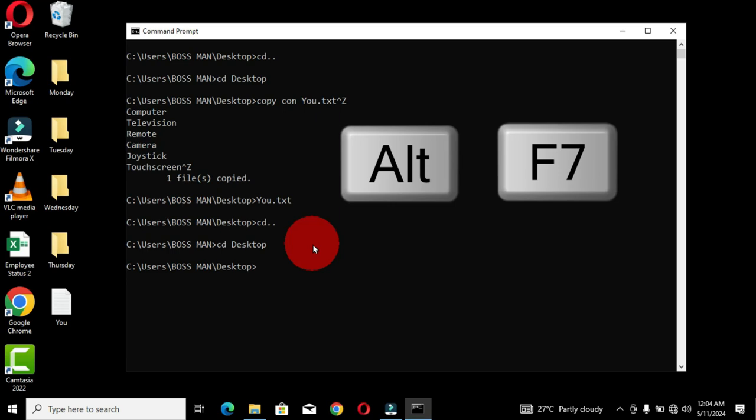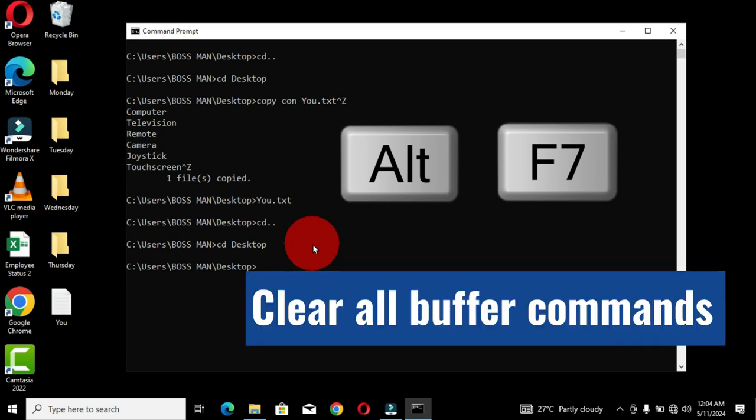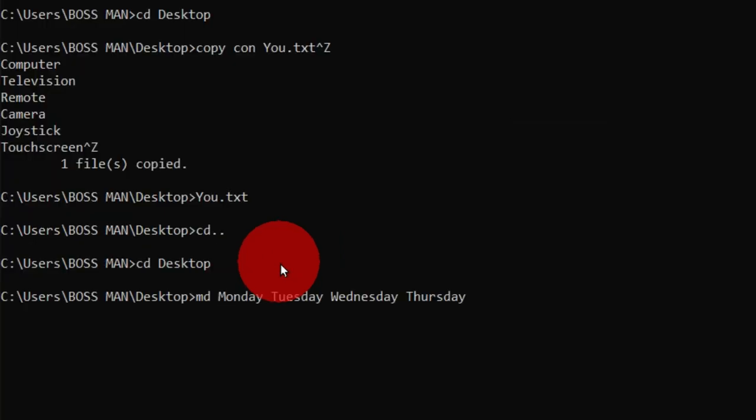This allows you to clear your system buffer or the command prompt buffer. And when we say buffer, it is a section that consists of your individual commands. If I use the up arrow key, you can see that I'm revealing all the commands, and when I use the down arrow key, this also moves downwards, up moves upwards. So this is revealing all the commands that we have in the command prompt window. When I erase this